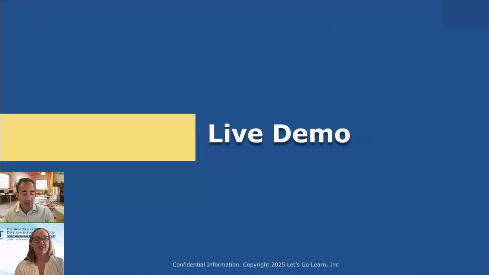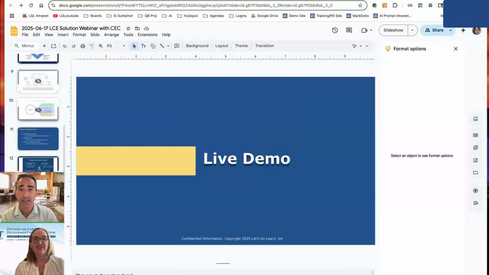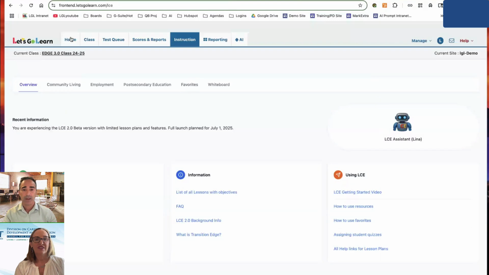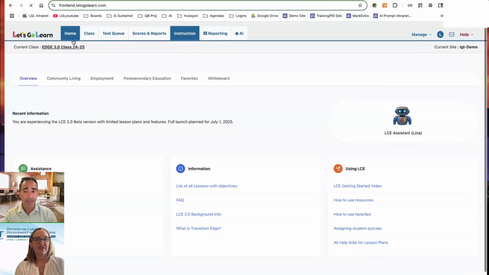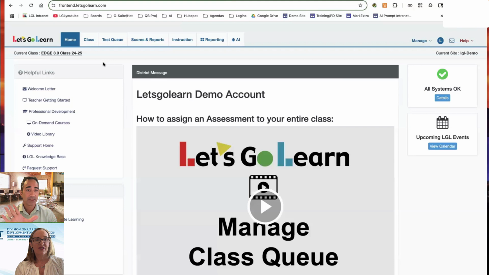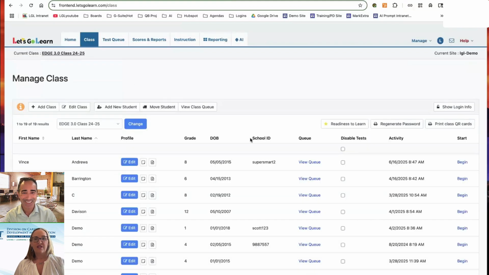So with that said, I'm going to go ahead and show you the system right now. So initially, I log in, and this is our platform. This is what a teacher would see. They would click on class, they would see their students. And hopefully in our onboarding, we would figure out how to do this best for you, whether it's a spreadsheet upload, whether you're adding teachers and students, or whether it's connecting to your SIS system. We'll work with you to make sure the burden on your teacher is low. Students have a login and password.